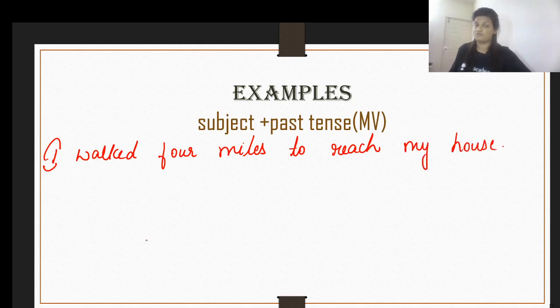I walked 4 miles to reach my house. What does it say? It only says that I walked 4 miles to reach my house. When did I actually start walking? No idea. Am I still walking? No, it doesn't say about that. Am I done walking? Yes, of course, but then when exactly was I done? It doesn't say anything about that, but it just says that in past tense the action, which is